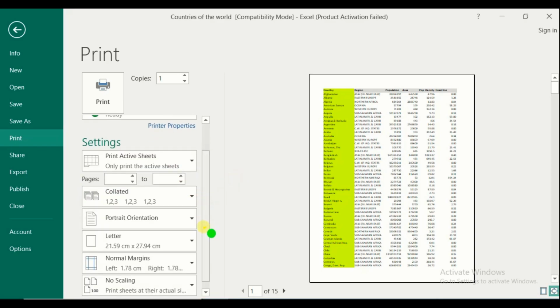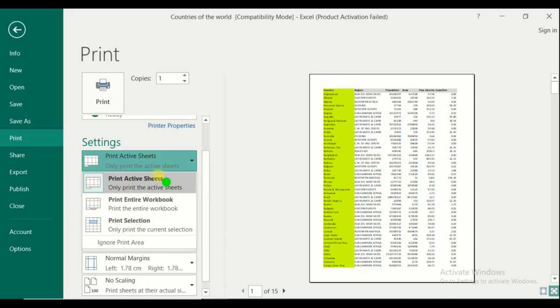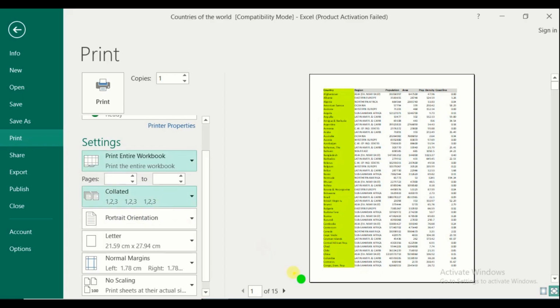Our task is to print multiple sheets of data with a single command. For which, please select print entire workbook. In a single sheet it was 15. Now with the three sheets, it accumulates 45 pages of data.